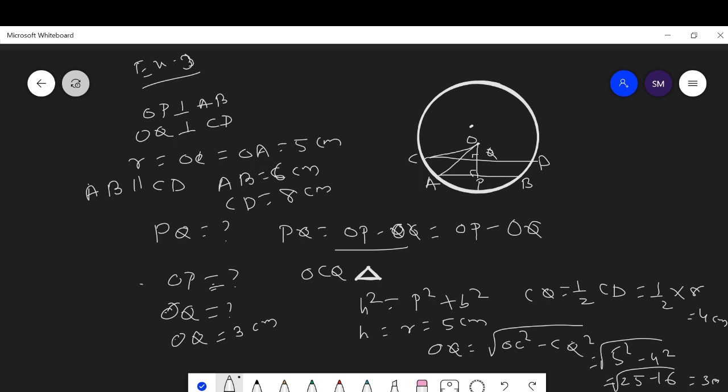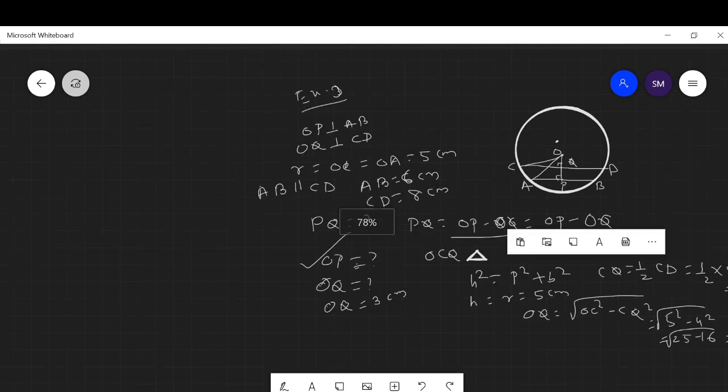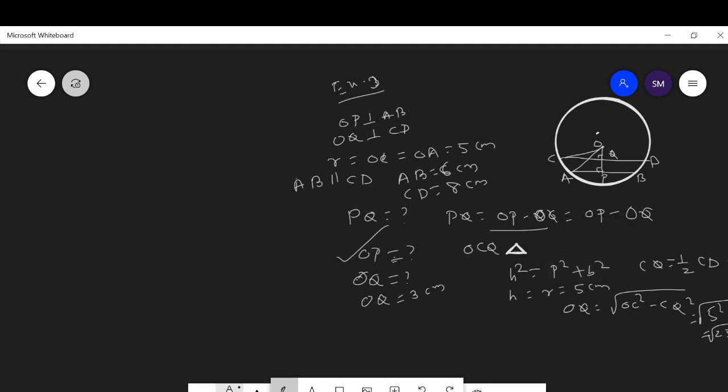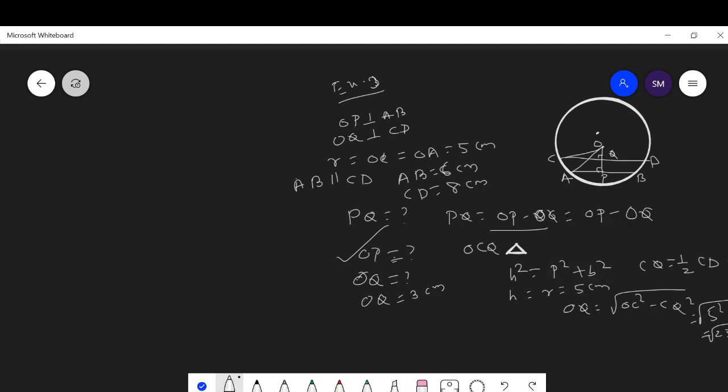Let us find out the OP. Keep this here and let us discuss what is the length of OP. We have found out that OQ is 3 centimeter. We have to find out OP. Then let us consider